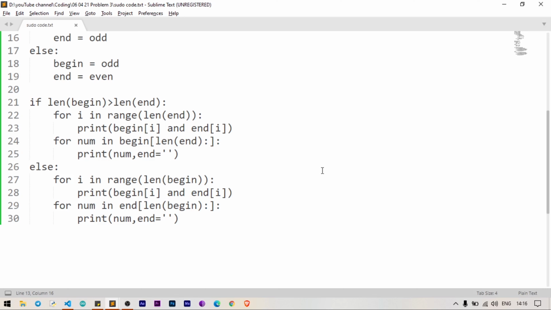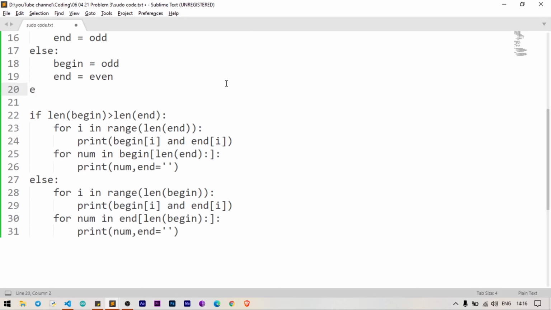So if begin is greater than end, then we will consider the end as the combo. Suppose we consider two lists, even and odd, like this. Even has 2, 4, 6 and 8, and let's consider that as begin, and end has 1, 3, 7.